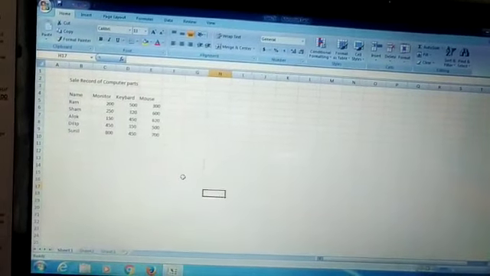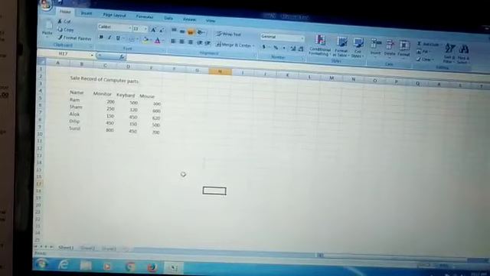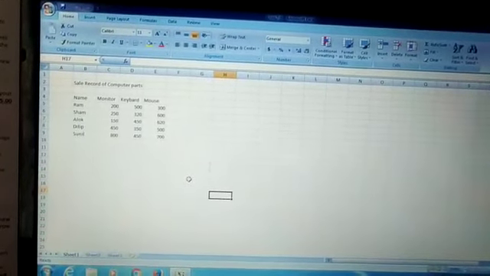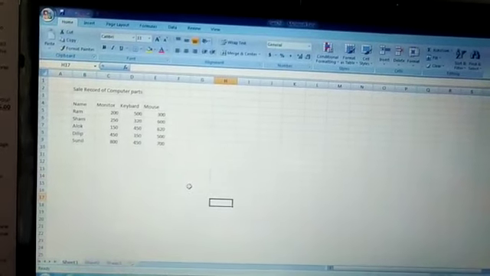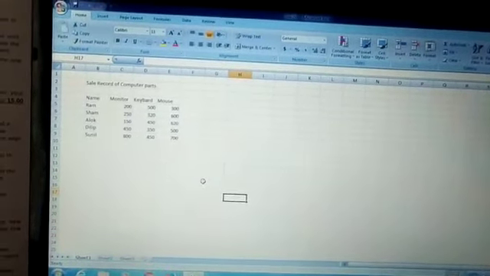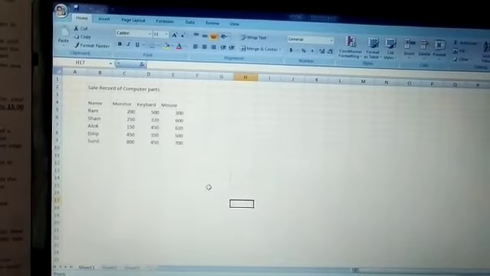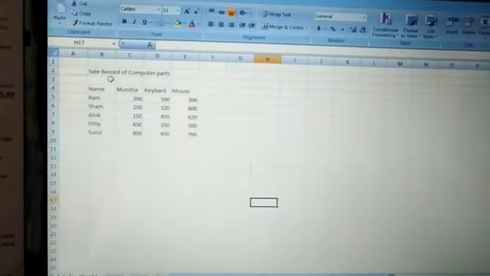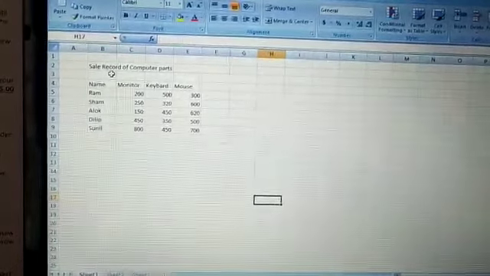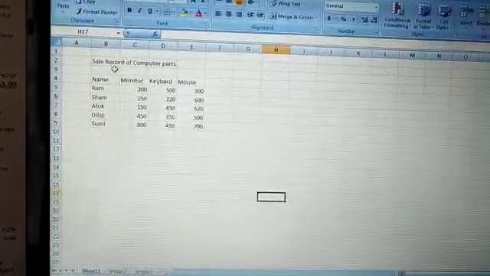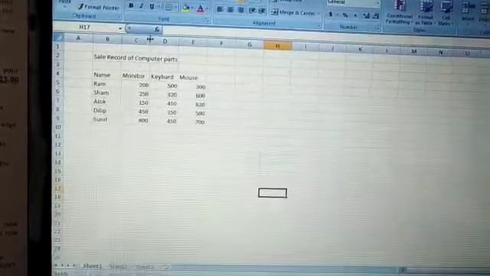You may want to adjust the width of the column on a worksheet for accommodating the data properly. The meaning of accommodating is to provide sufficient space to your data. And we can do it like this. To change the width of a column, place the mouse over the right edge of the column heading.